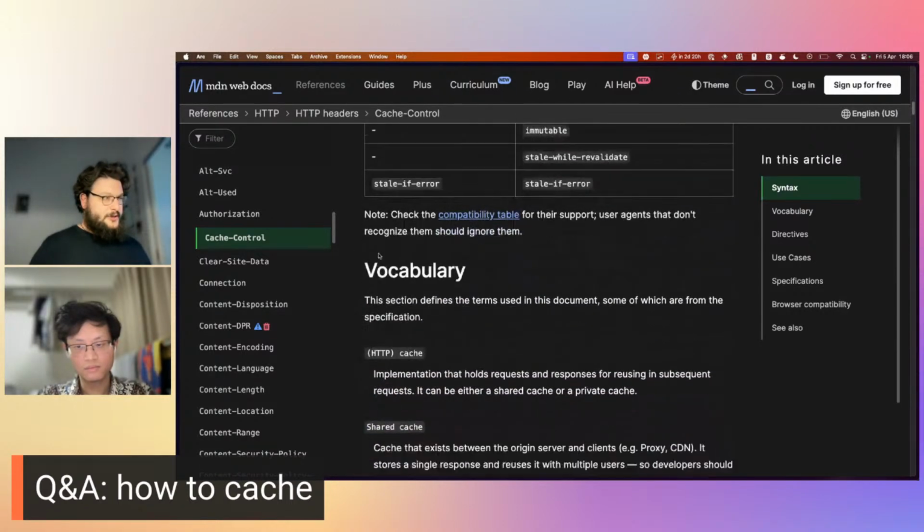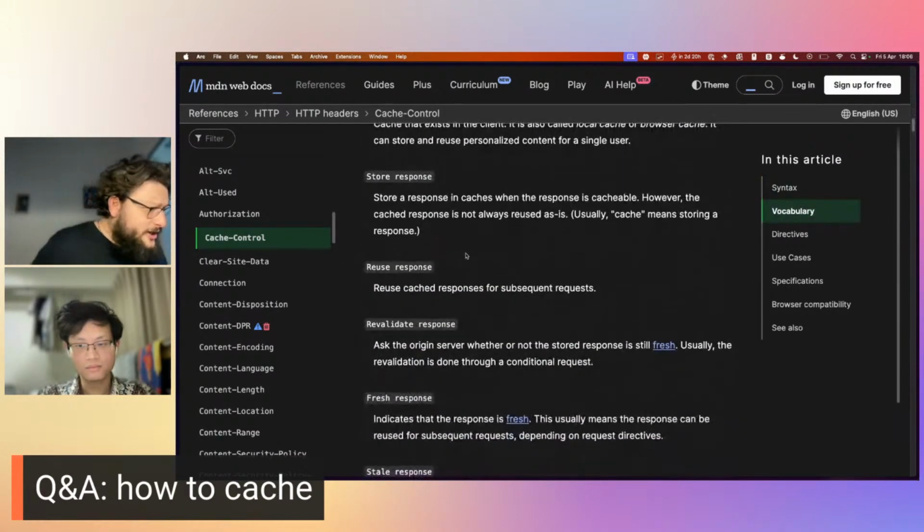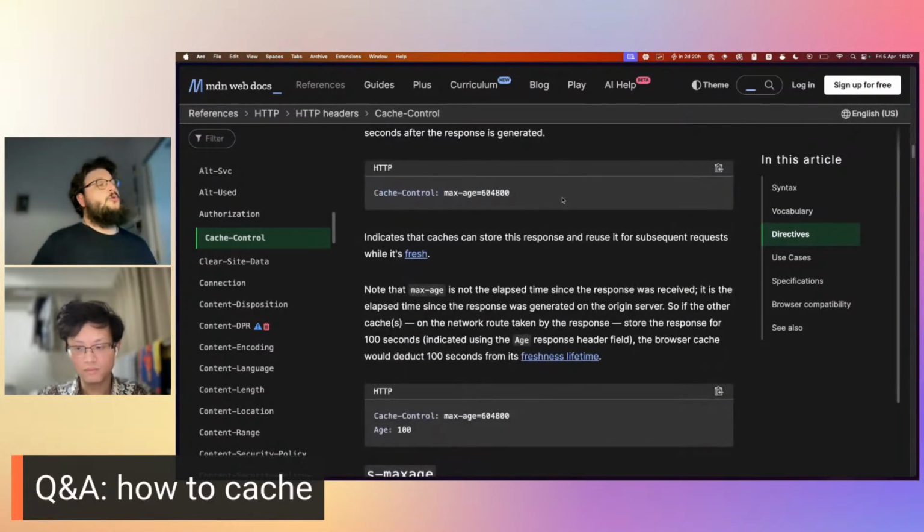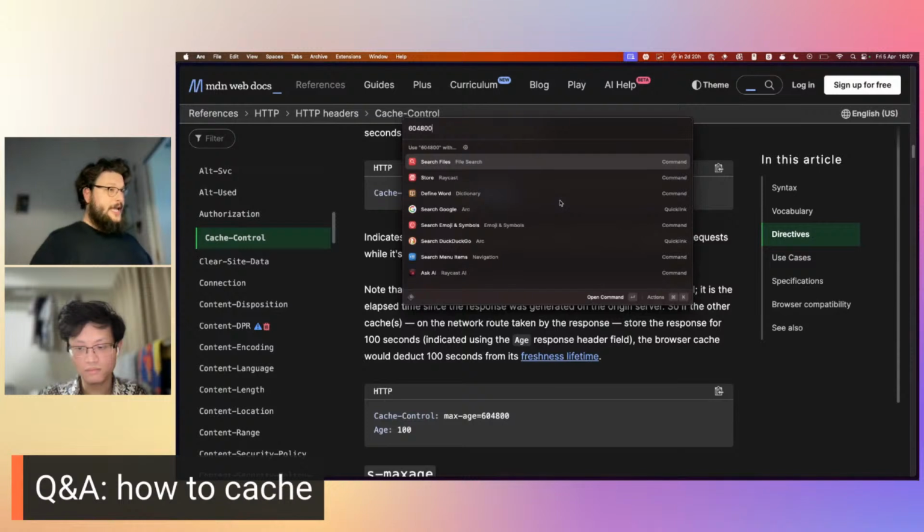There are other things, but I think they give you an example. Here it is. So what you can do is you can say cache control max age 604,800. This means that that page will be kept in cache by the browser for exactly